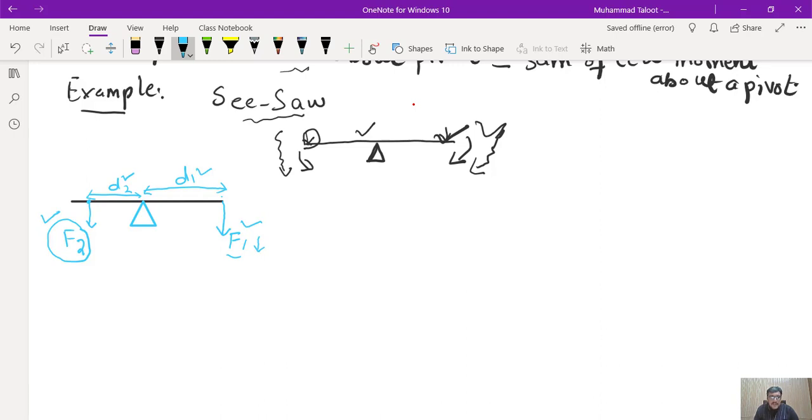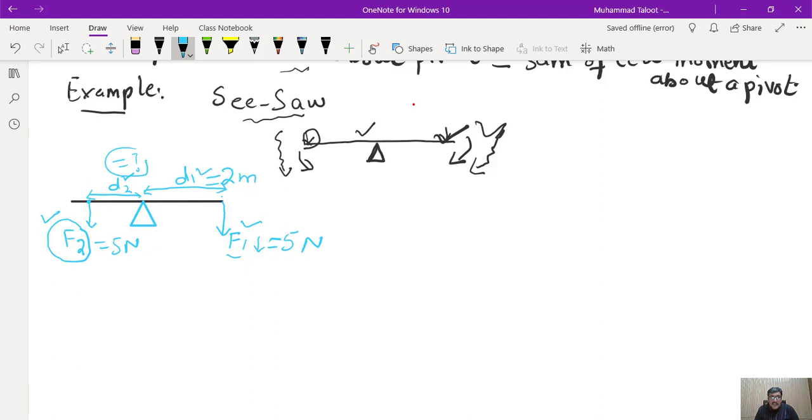So let's see, we assume some values here: d1 is 2 meter, and the force at this point is how much? Suppose it is 5 Newton, and the same force you are applying at the other end. So it will be in a balanced state. Now we will apply the principle of moments and we will get the value of d2, and this d2 will